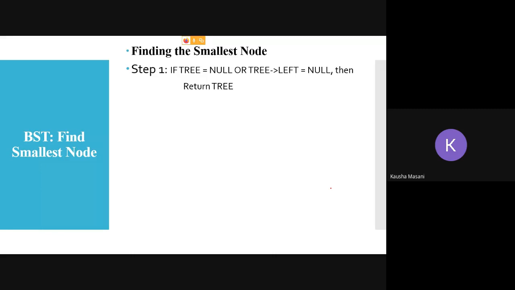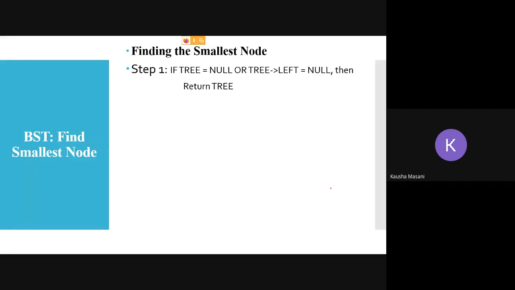What do I mean by return tree? You are going to return null, because ultimately tree is a pointer. The pointer is pointing to null. So that is what this return tree means. Even in the case if tree of left is equal to null, in that case also you are going to return the null value.